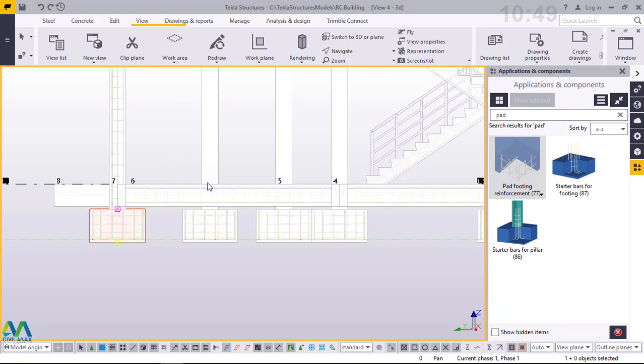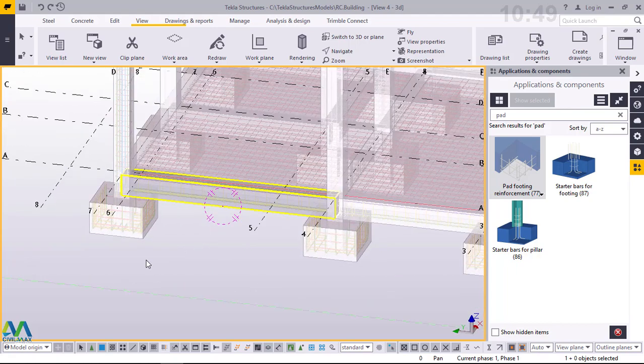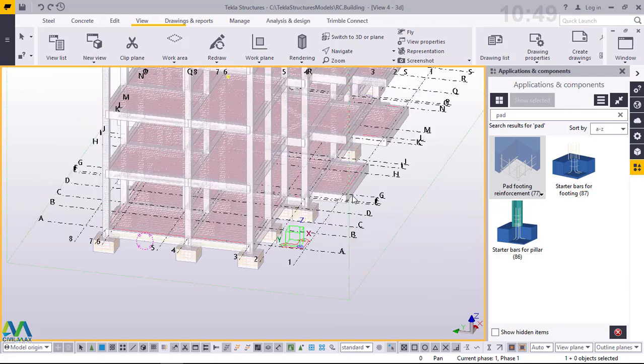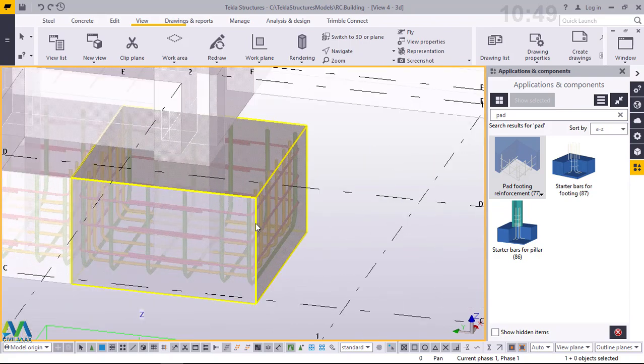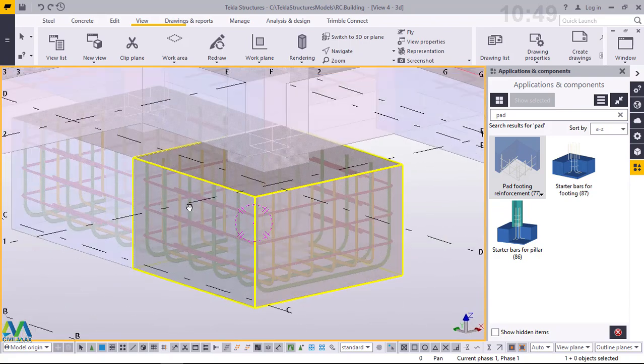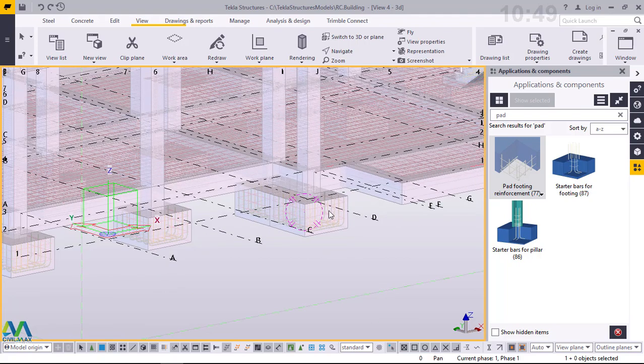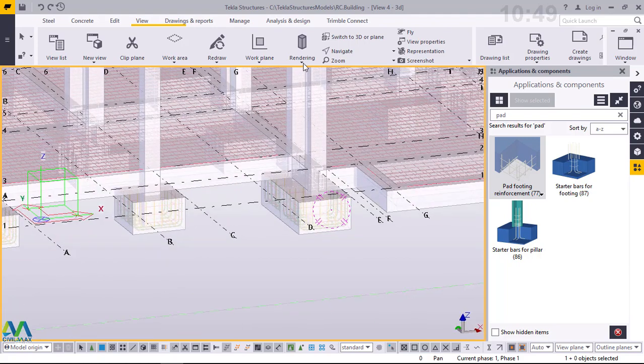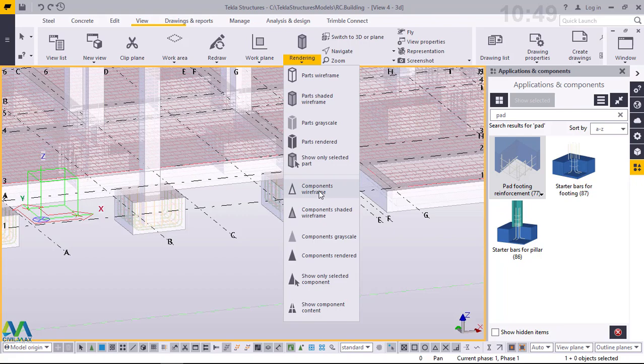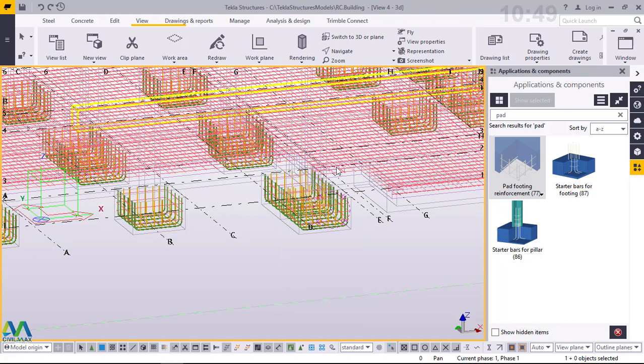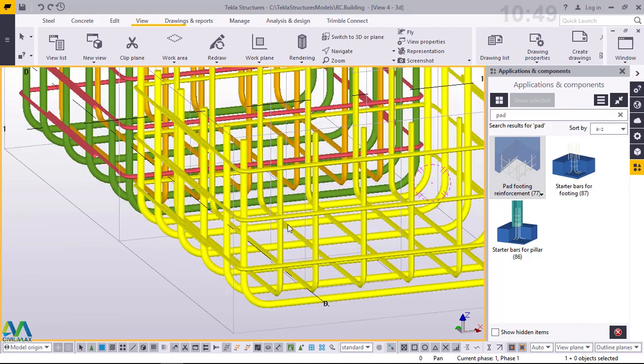Now when I change my view by pressing Control and pressing my middle button on the mouse, I'll turn that round just to check whether everything has been placed. You can see that all the footings have been placed. Let me just change this render component frame. Let me just go to wireframe. You can see that